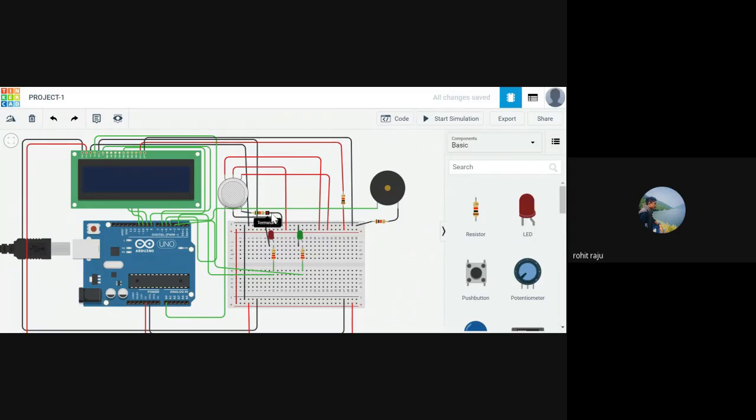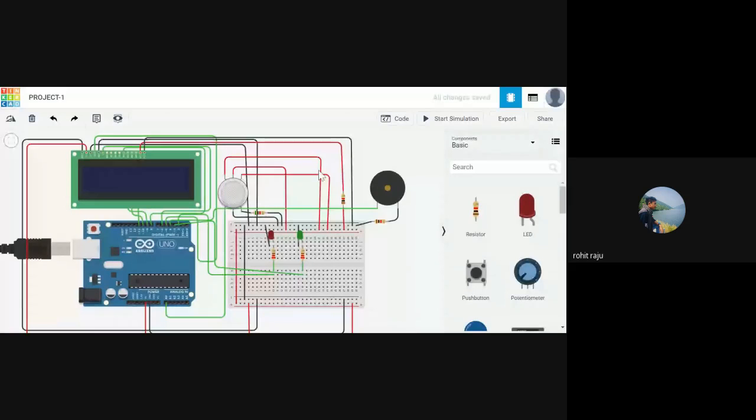So I grounded it, and I have done that with the help of a resistor. You can do that here also. And I gave a sufficiently higher value of resistance because this works on the basis of semiconductors, right? So you need some higher resistance. And the remaining 2 pins can be left out, but I connected those to the power supply. That won't be a problem. So that's the sensor connections.